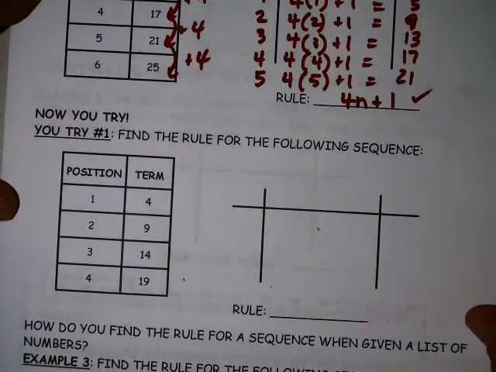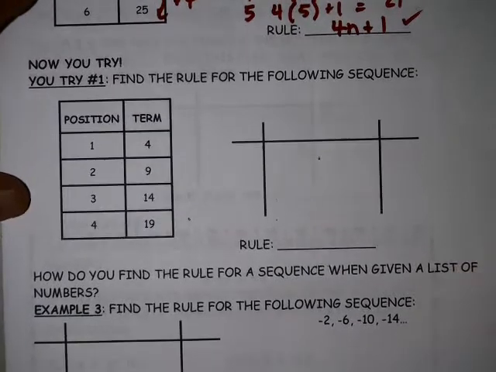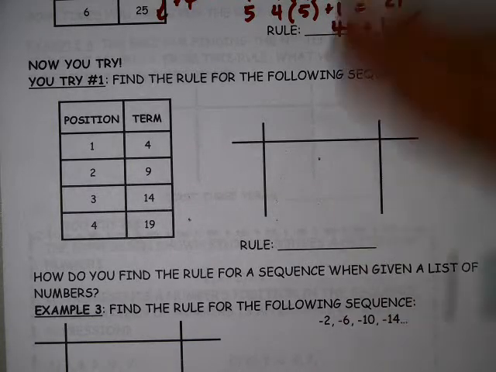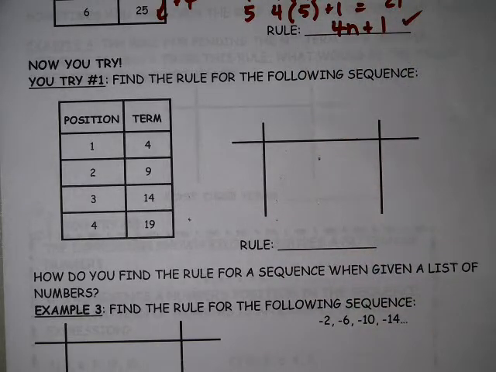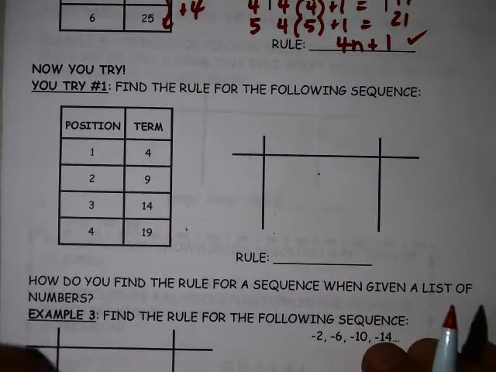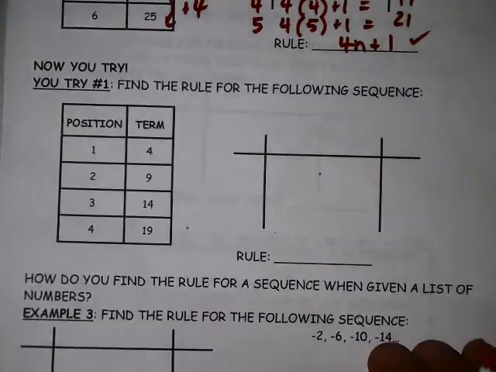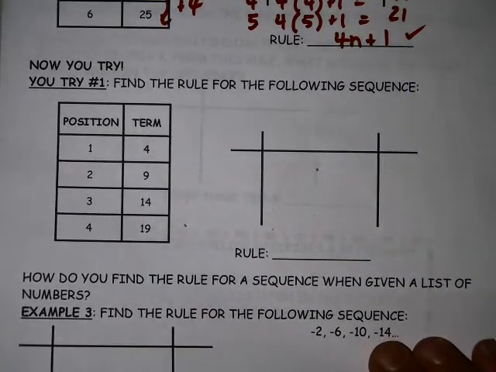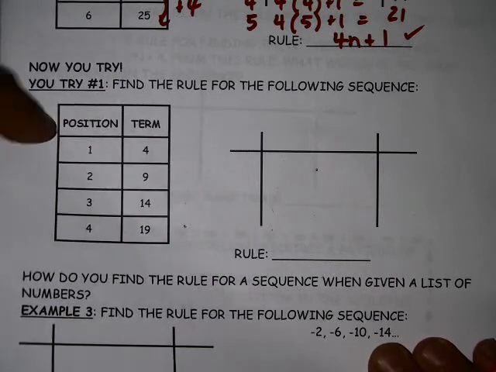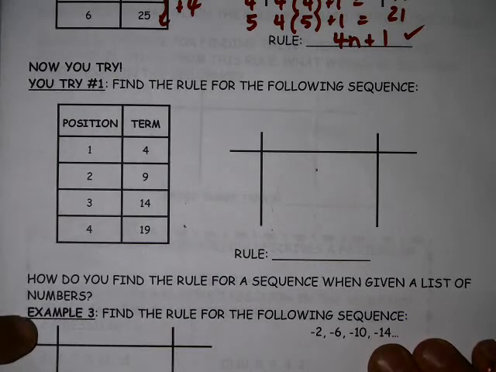Okay, now you got some U-tries that you're going to work out on your own. But I am going to do a few others for you really quick. Trying to make this about 10 minutes long, so I'm going to do some more examples and show you how to do it a little quicker. We do want you to use the H chart, but there also are ways to do it when you don't always remember the H chart, because that obviously could happen. So after I do these other examples, you probably should write them somewhere, like a scratch piece of paper maybe. You're going to do try 1, example 3,